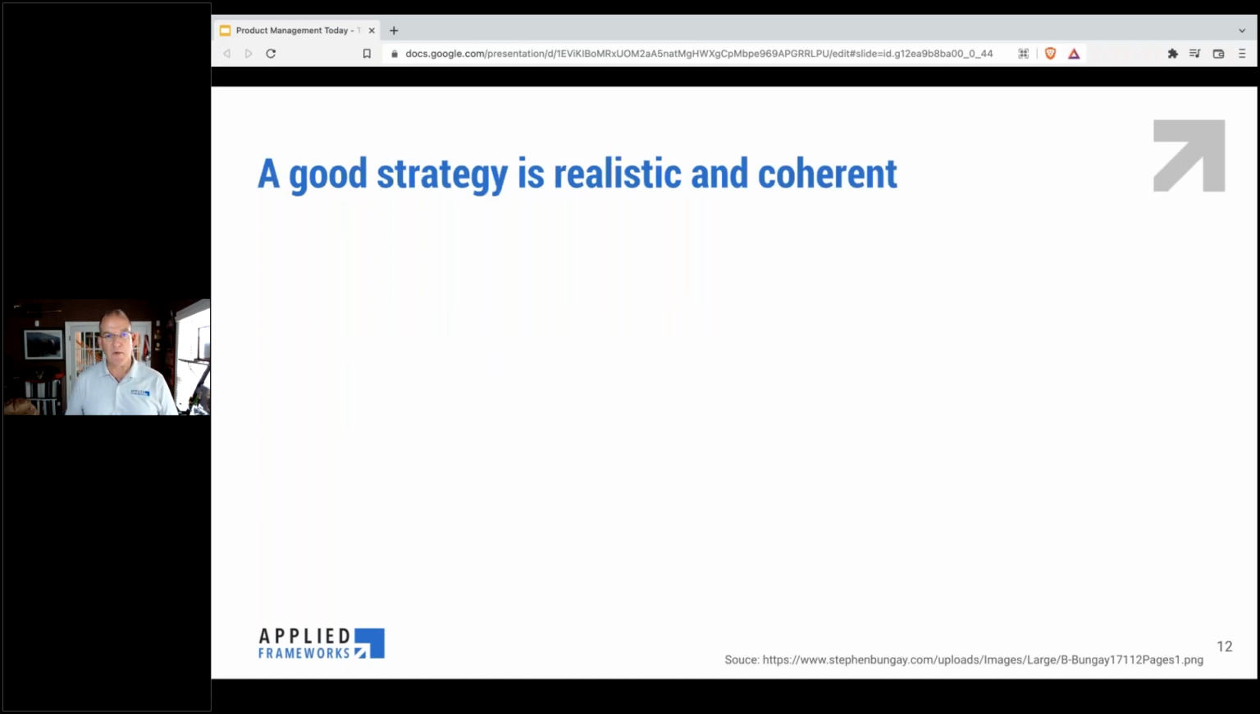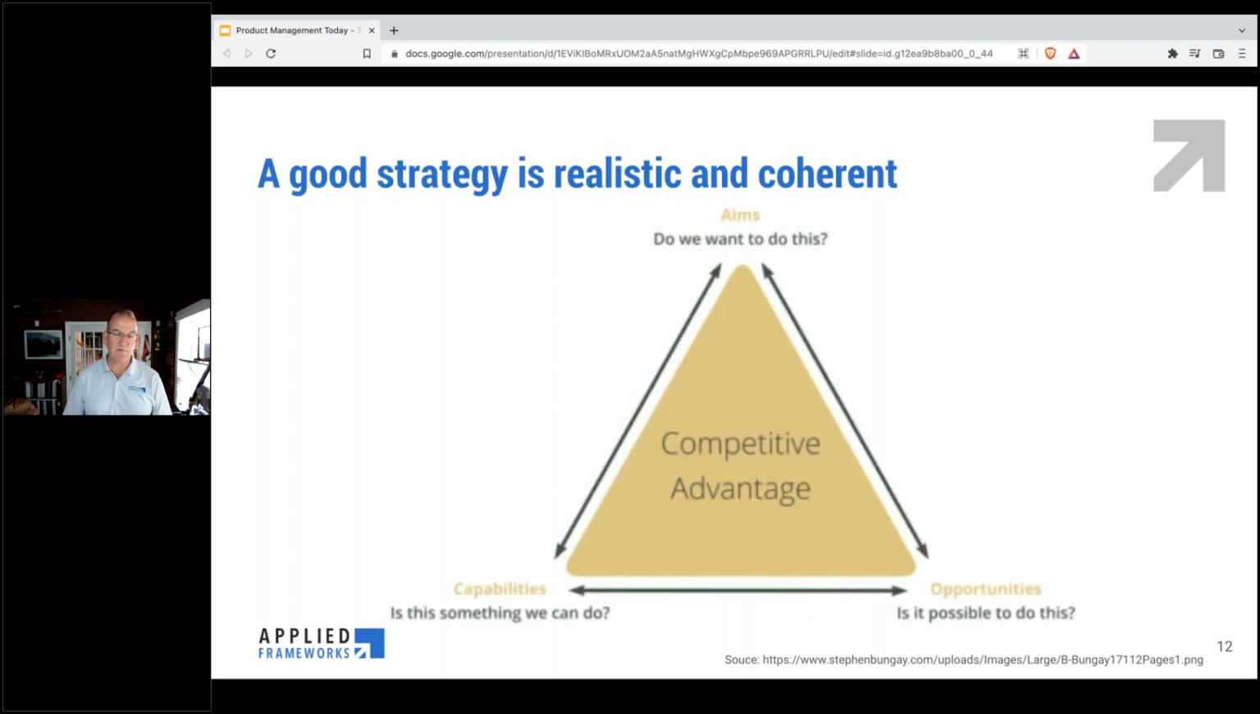Now, again, a good strategy is realistic and coherent. It's intentional. And this is a great image, again from Stephen Bungay, that illustrates how to create competitive advantage through your strategy. First, the aim. Do we want to do this? Have we sufficiently identified the vision that we want to achieve and the objectives that allow us to get there? And then, is it possible to do this? Is it feasible? Are there capabilities that we can actually offer? These three corners of the triangle really are the enablers